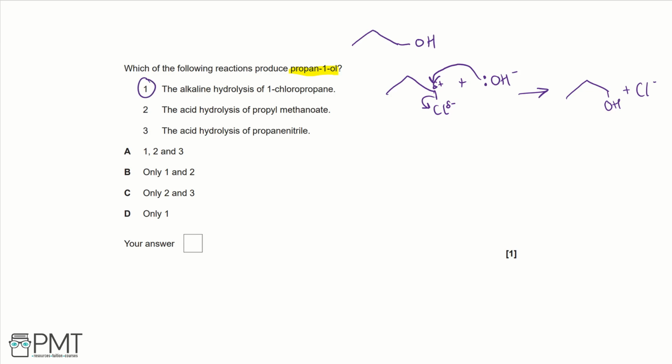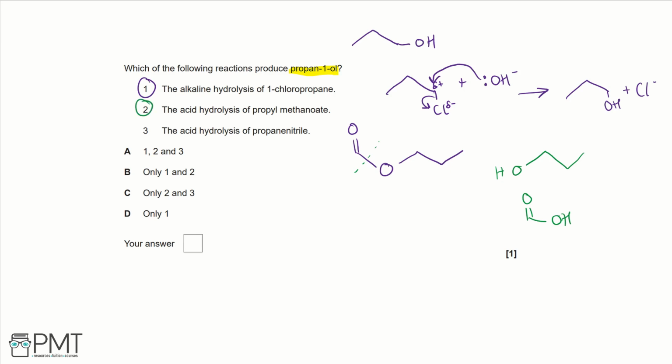Then if we look at the acid hydrolysis of propyl-methanoate, so drawing this out to begin with, we have our double bonded oxygen, or our carbonyl group, we have our oxygen, so our ester group, and then we've got our propyl chain. So acid hydrolysis is going to break this ester bond. You're going to form your alcohol and carboxylic acid back again. So you get your propan-1-ol and you'll get methanoic acid, which is here. But the only one we really care about is propan-1-ol, which is formed, so 2 is also one of the